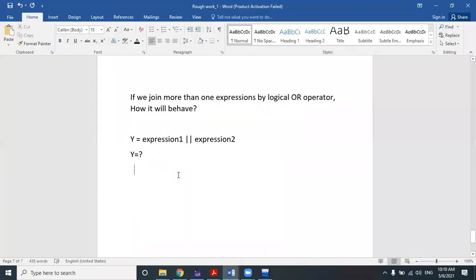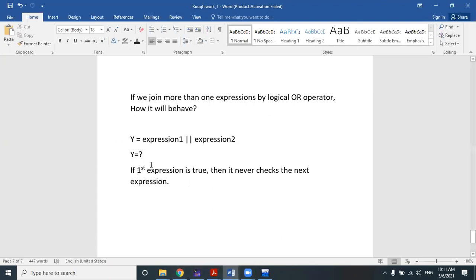As per this concept, everyone can write it down: in case of logical OR, if the first expression is true, then it will never check the next expression.